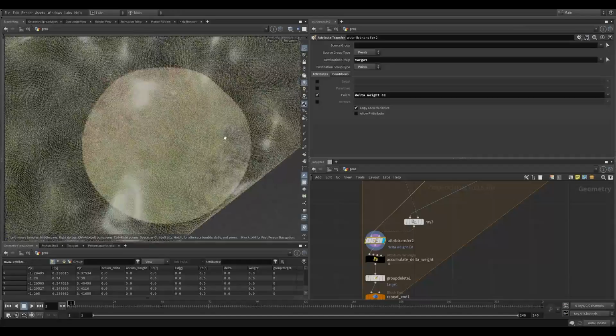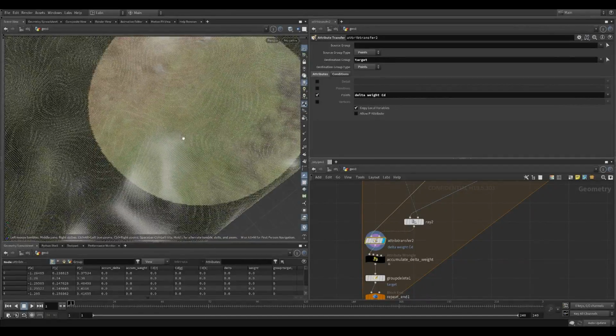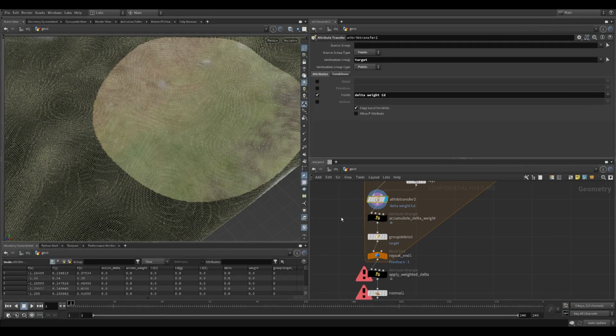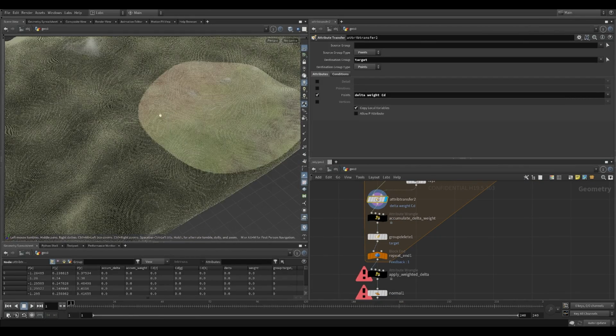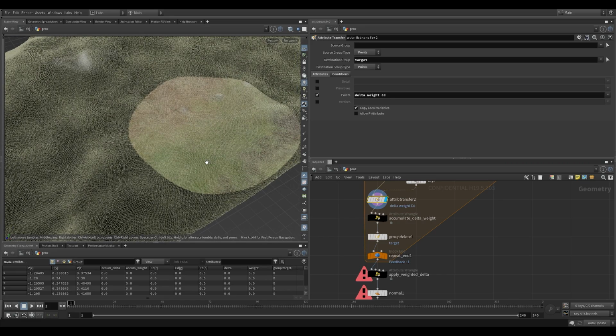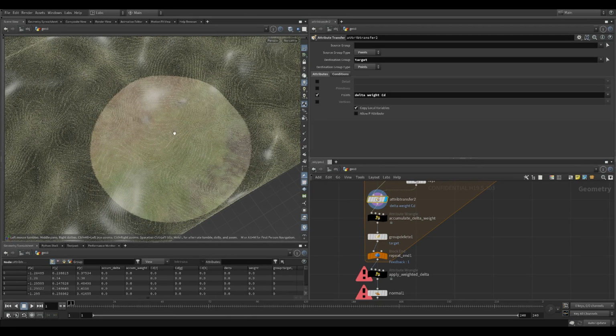We want to grab the color, as you can see here, and we want to grab the delta. But the weight is so that we can check for each location in the target how much it has been overstamped. So let's say if no other stamp ever touched this point, then the value currently transferred will be used as a final value. But let's say this point is also touched by 2 other stamps, and depending on the fall